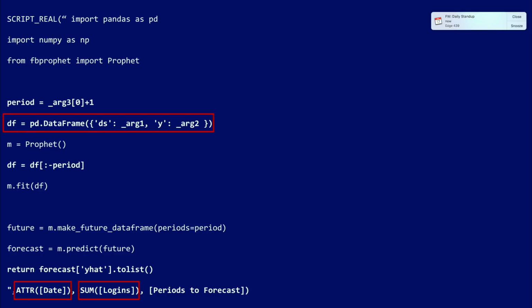Then again, we see the same steps for loading data. We're taking two variables, a date and our target variable that we want to build the time series forecast on. We're passing those into a data frame. In this case, there's a little bit more we have to do because Prophet expects a certain structure of data frame with a column called ds and a column called y. That's our date and our target. And then